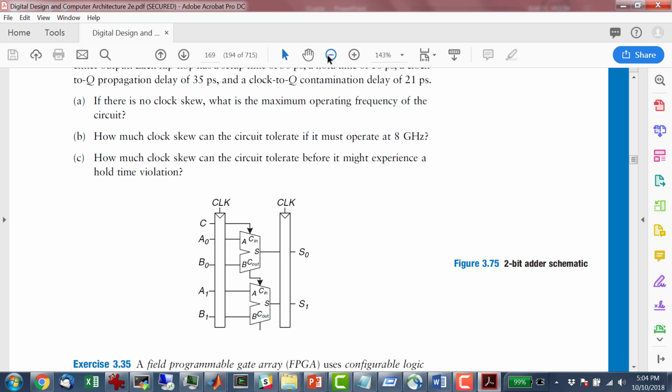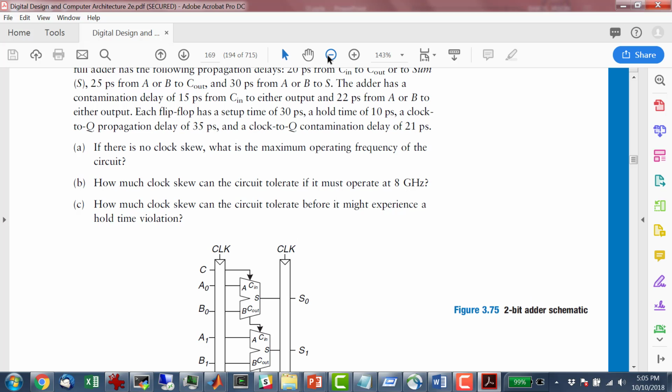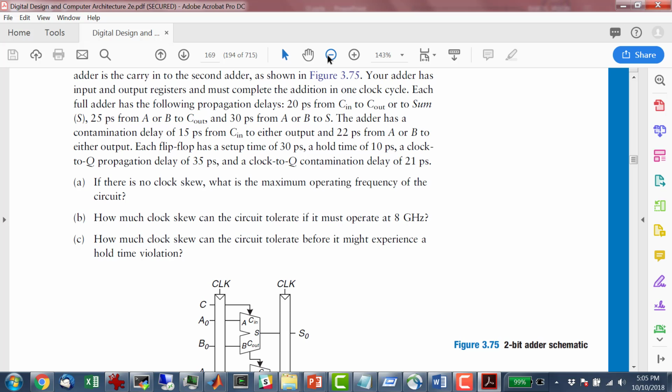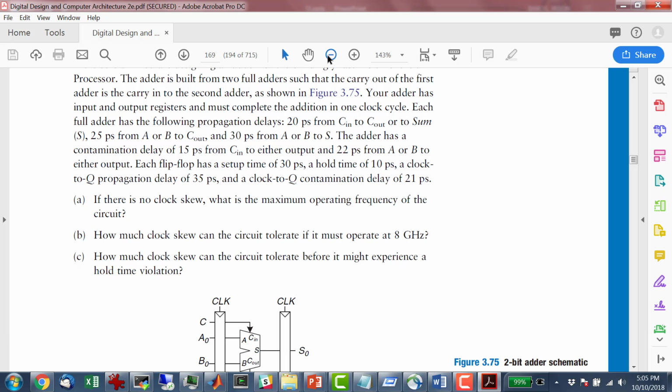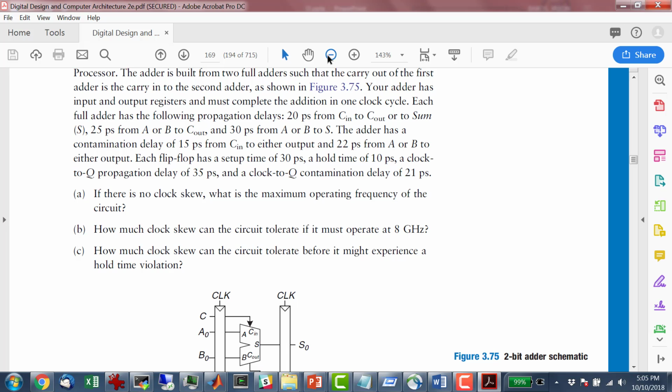Okay, there's another question that'll say, how much clock skew can it tolerate before it is a hold time violation? Well, for that, the hold time violation would happen if the hold time for the thing is, anyone know? Scroll up. The adder. Each flip-flop has 10, right, okay, so 10. So the hold time is 10 picoseconds,